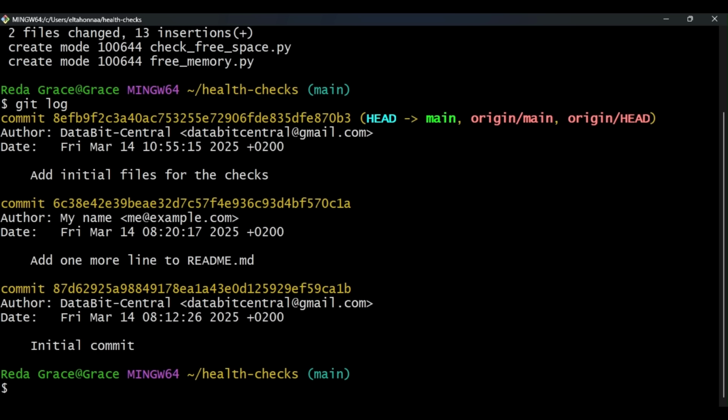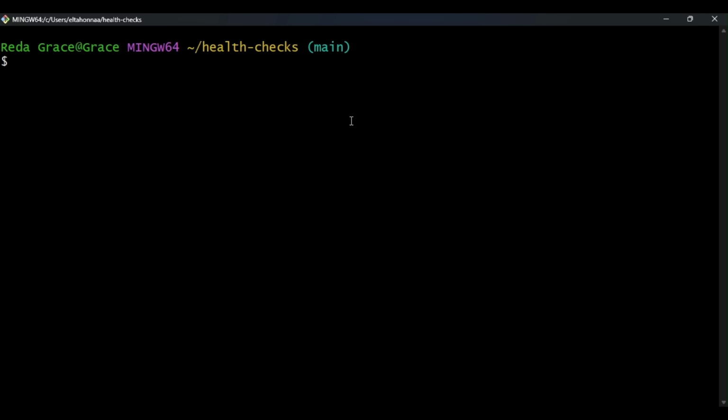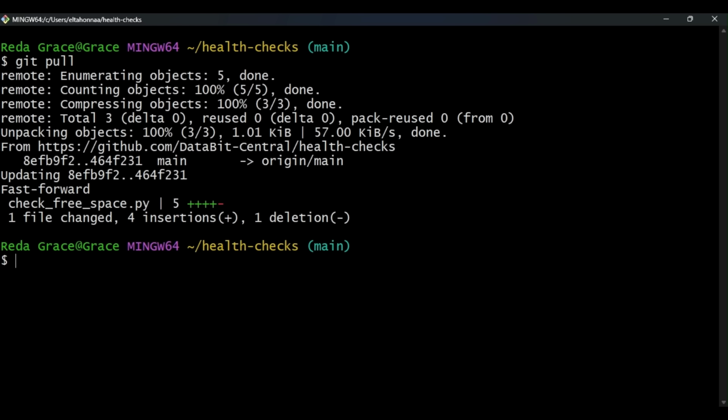We can use git fetch like this to review the changes that happen in the remote repository. If we're happy with them, we can use git merge to integrate them into the local branch. Since fetching and merging are so common, Git gives us the git pull command that does both for us. Running git pull will fetch the remote copy of the current branch and automatically try to merge it into the current local branch. Let's see if there have been any new changes made to the repository. We'll run git pull and see what changes we get.